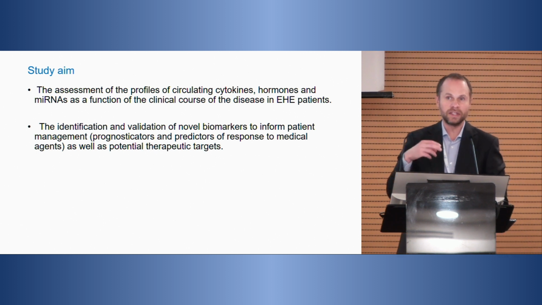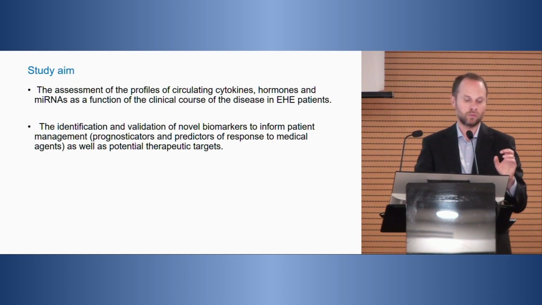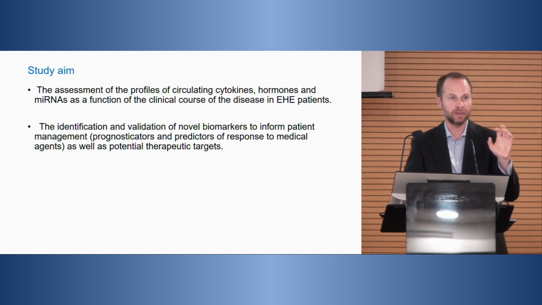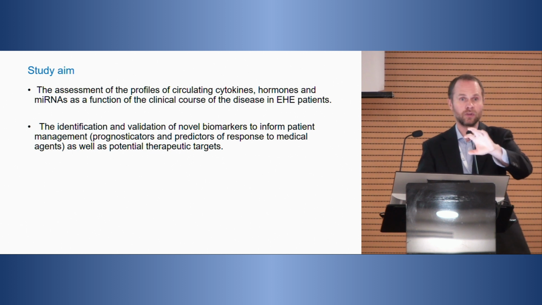So we did this work in the lab in parallel with the clinical work, and our idea was to work on circulating cytokines. Cytokines are proteins that flow in the blood, and we specifically look at them. We are also looking at hormones and miRNAs, but today we'll talk with you just about circulating cytokines. The idea was to identify a biomarker that helps in patient management at the level of patient risk stratification, which means prognostic factor, basically, then prediction of response, and hopefully also therapeutic targets.